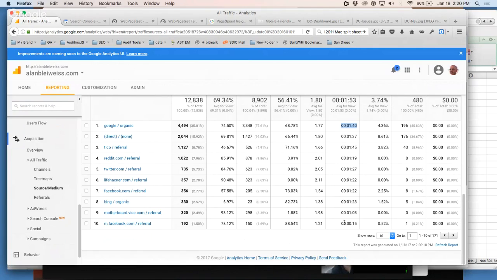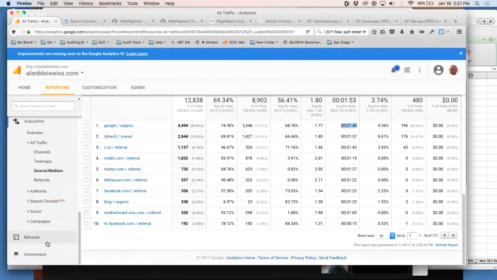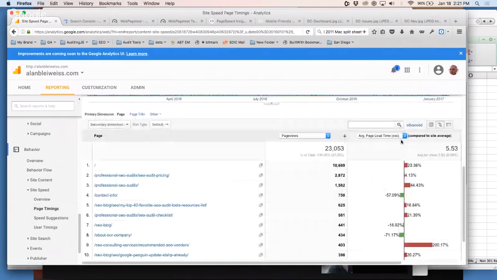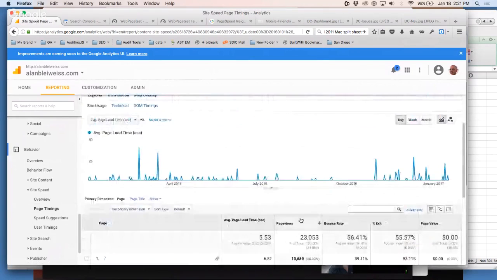But if you have a publicly facing Facebook page for your business or the site you're auditing, while social media is not a direct, absolute connection to SEO, there are impact considerations for it. And so I want to look at what the data tells me just overall, just to get started, right? And then one of the things that I need to do is get a general quick look at page timings to see what's going on. And I can see in the longer view timeline, there are some times over the last year where the average time on site was really bad, right?